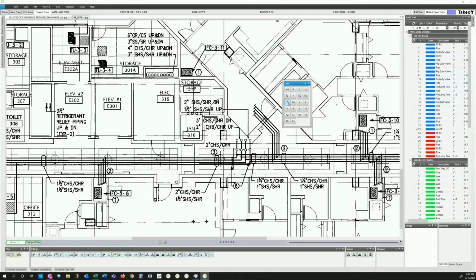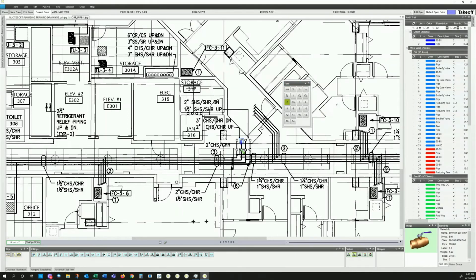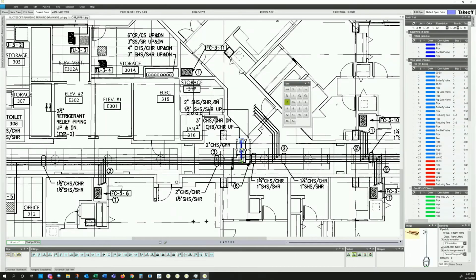So I'll select 2-inch. And again, I can use the same hotkeys that I used before. Even though it's a 1/4 bend in one spec and a 90 in the other, it's going to be the same hotkey the way I have this set up. And again, I've got pipe, I've got ball valves, I've got all this stuff here loaded on a hotkey that I can use. And so we'll start with our 90 here, and then we'll go to our ball valve. We'll go to our T here,